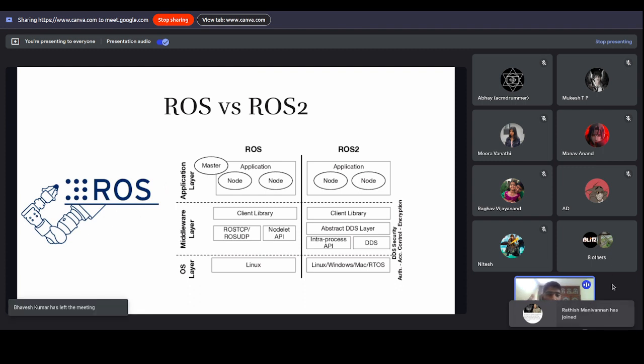So the point being, although ROS 2 is still in development, it's not 100% error free, and the community is still working on it. But by 2024, 2025, ROS 2 should come up. It will be the robotics